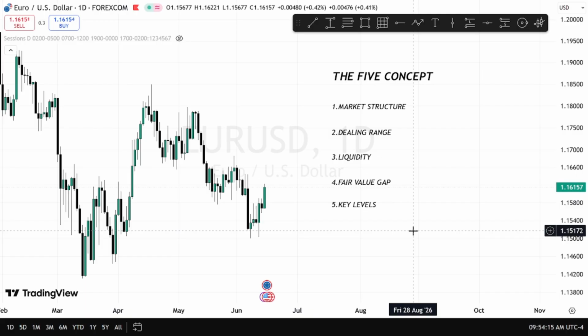By knowing the right structure, it helps you to identify the daily range to work with. Within the daily range, you can look for liquidity to be grabbed, inefficiencies to be filled, and key levels to be reached for. Then you can trade away from that. So in this sequence, it will help you.